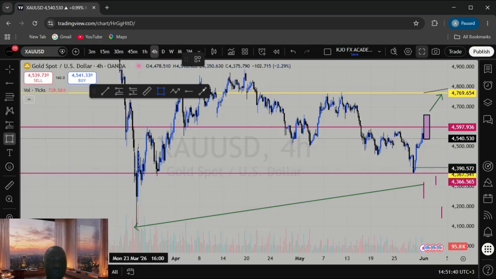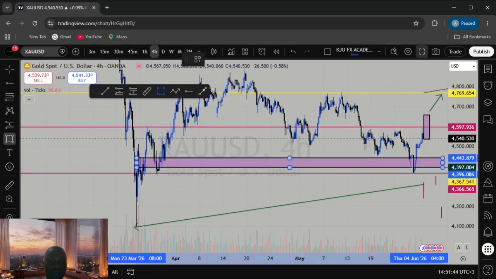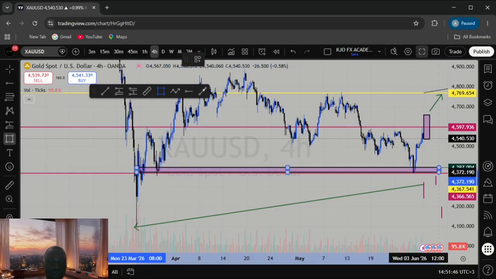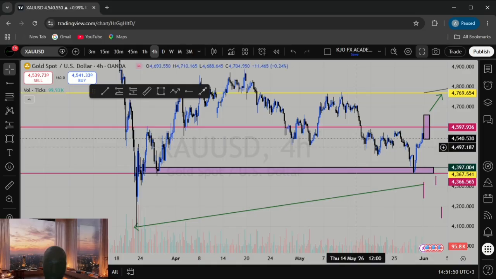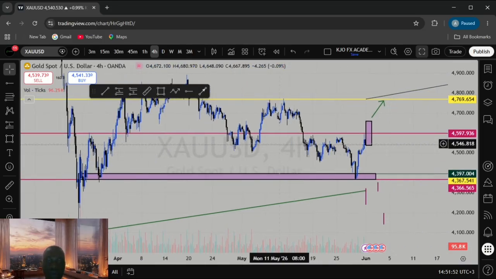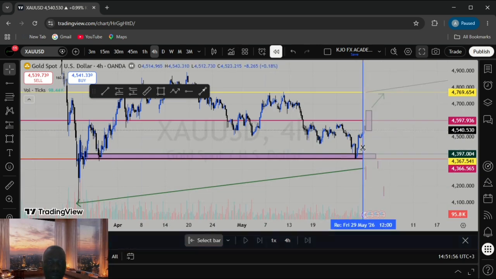So this zone, it was still unmitigated. If you can see here, I call them unmitigated zones. So this zone was unmitigated before. So if you can have a look at this zone here like this,